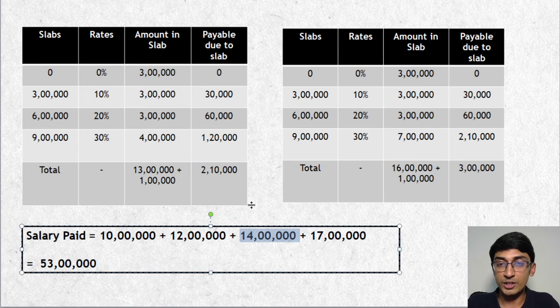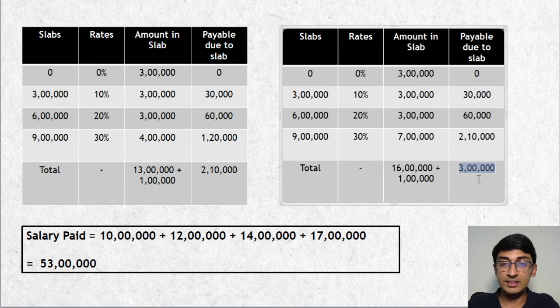Finally, let's look further over here, that my tax finally has to be 3 lakhs. If I'm earning 3 lakhs tax, that means that in the first slab I don't have to pay anything, second slab I have to pay 30,000, third slab 60,000. So that means till now I have paid 90,000 in tax, but I want to be able to pay 2,10,000. If I want to be able to pay 2,10,000, it means that in the next slab I need to earn X amount so that the tax is 2,10,000. If 30% is the rate, it means I need to be earning 7 lakhs in this slab to pay 2,10,000 as